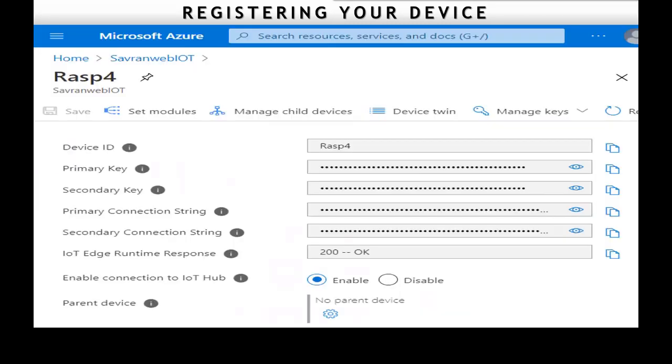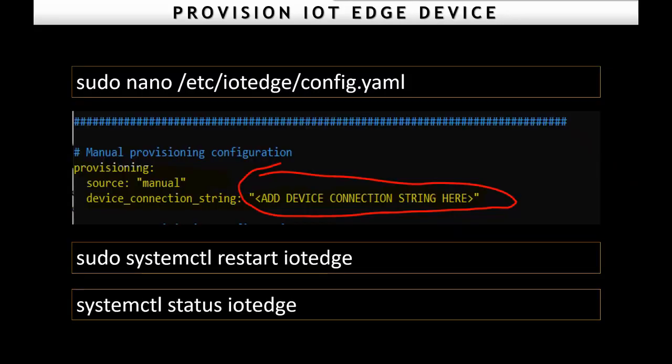When it's created, you go and click on it. As you can see, I named it RASP4. I have a primary key here, a secondary key here. This is my connection string. So I'm going to copy it from here and paste it in my Linux runtime, the one that I was just downloading. When the installation is done, the one that I was showing you for the IoT Edge, you need to go to the config file, which is named